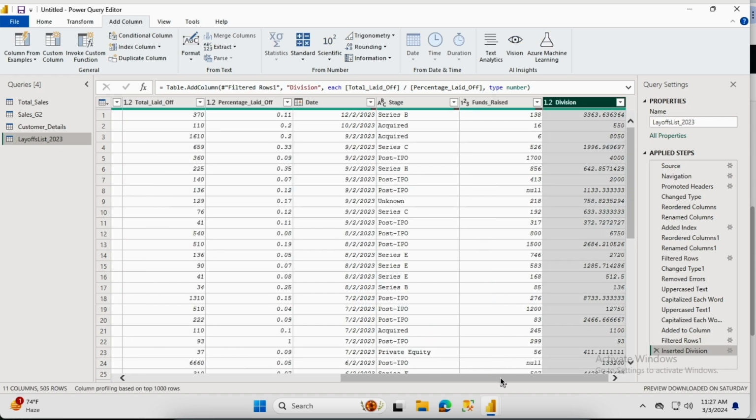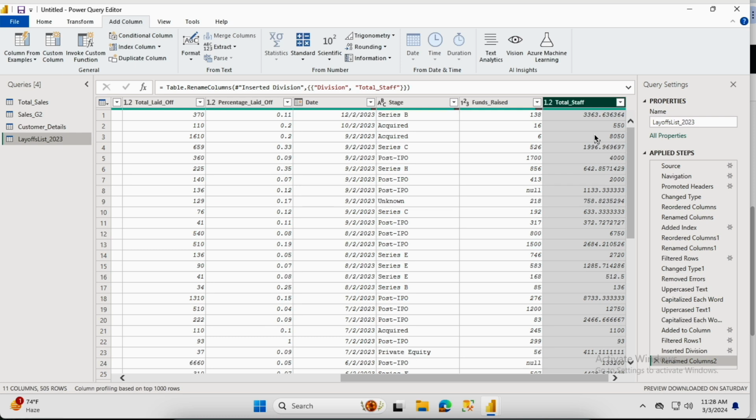It will create a new column because we are using the Add Column section, and after performing the mathematical operation over two columns, it is going to create a new column and the name will be like Division. You can rename it with the help of this option and say total staff. Okay, and see here it is in a decimal form. Decimal is not going to work because staff should be 1 or 0 or 100. It is not going to be like 99.7 or 100.2 kind of thing.